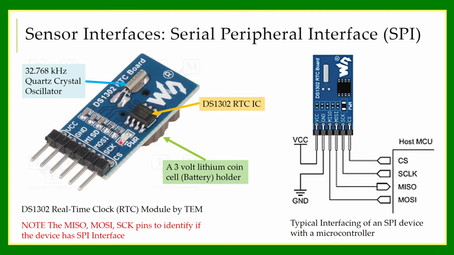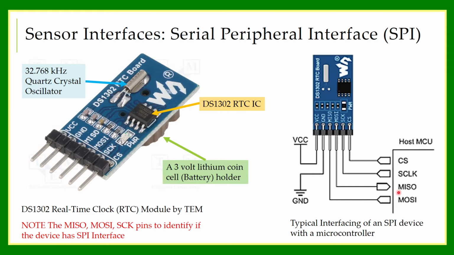And anytime you see those three pins present, MISO, MOSI and SCK, then you know this is an SPI type of interface. Now the lithium coin cell battery on the bottom here makes it possible to retain the time even if there is no power. The same type of ICs are also used in your computer motherboards, which maintain your BIOS date and time. A single coin cell battery can last up to 10 years. Any project requiring timestamp based logging can use these RTCs.